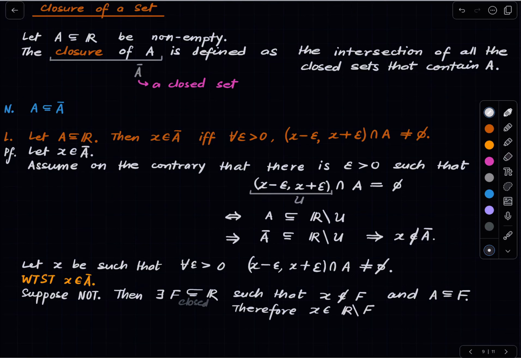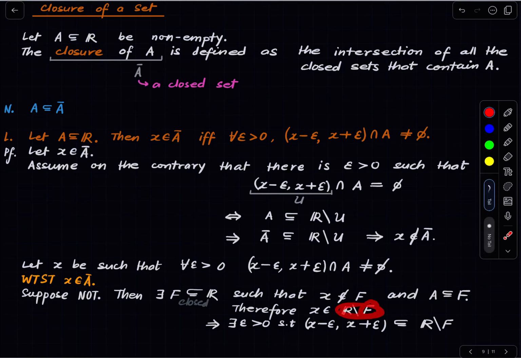But since F is closed, the complement of F is open, which implies there exists epsilon greater than 0 such that the corresponding open interval around X is contained in this set. Right? Since this is an open set, because F is a closed set, you can find a room around X which satisfies this property. But if this is the case, then